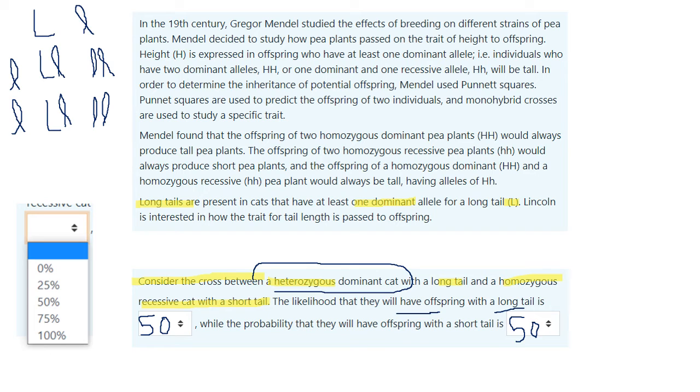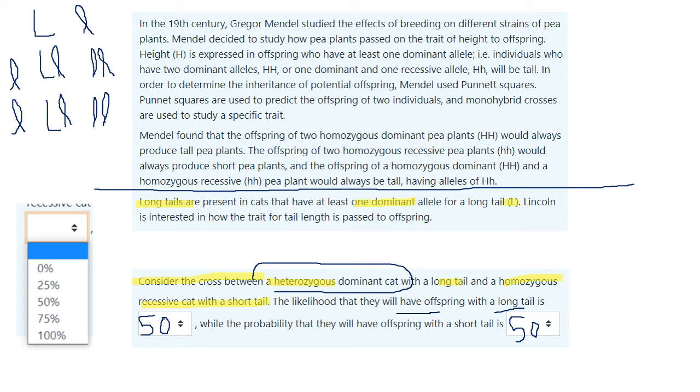In this kind of question, you don't really need to read that information above that line. That is just general information that you should know already. It talks about Gregor Mendel, who studied the effects of breeding on different types of pea plants. He wanted to look at the height, which he used H for. He looked at dominant alleles, so he wanted tall, pure plants, and he bred them with short plants, and he looked at what traits were